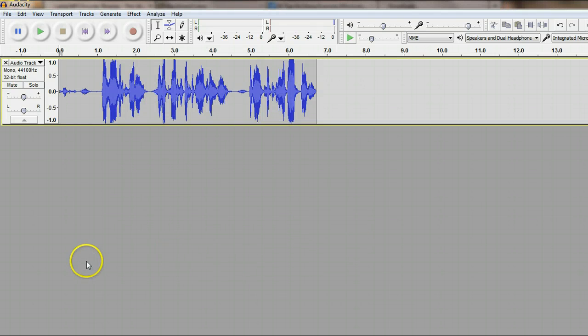Okay, that should get you through downloading and launching Audacity, downloading and launching the lame encoder. And remember, do not click finish on the Audacity